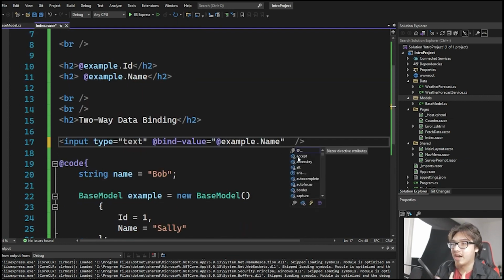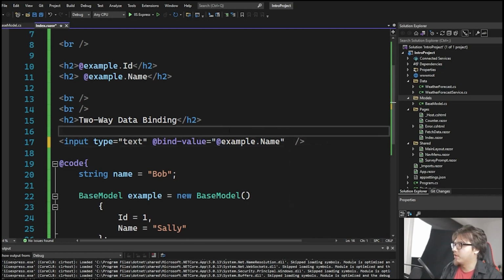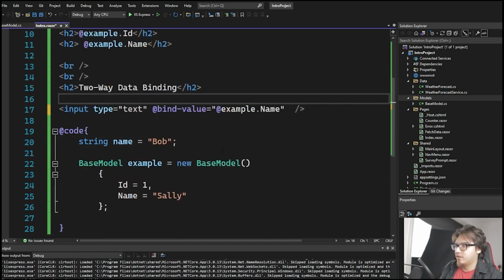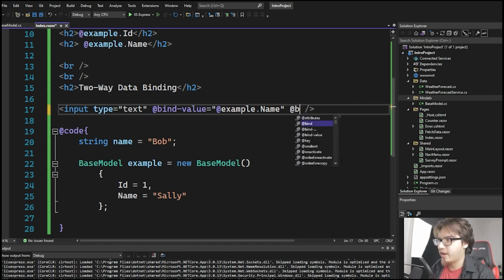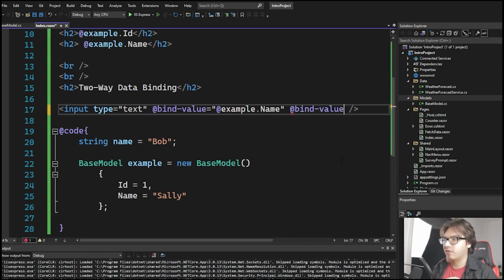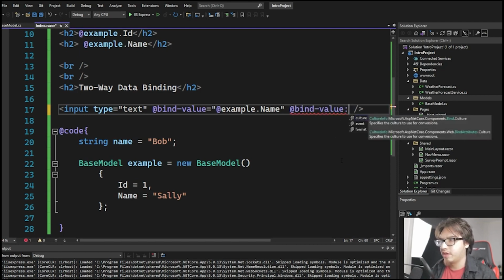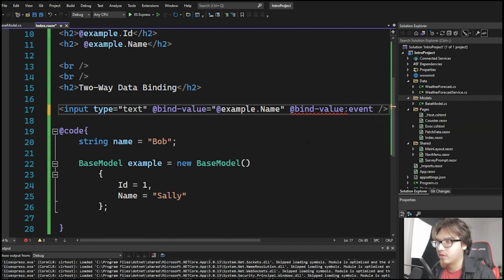So now let's actually bind these properties together so that when you change the input, you change what's happening here. So in this case, bind these two properties together so that when you change the input, you change the Sally as well. The way you do that is by adding @bind-value. Then you put the colon, and it's going to recommend some things. What you want is the event, though. You want an event. Event equals